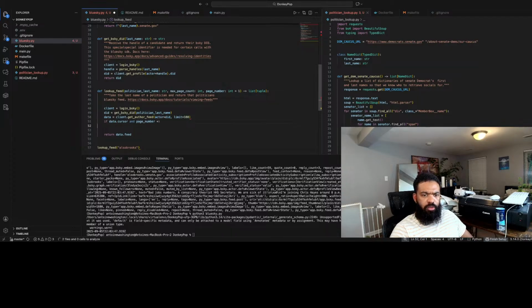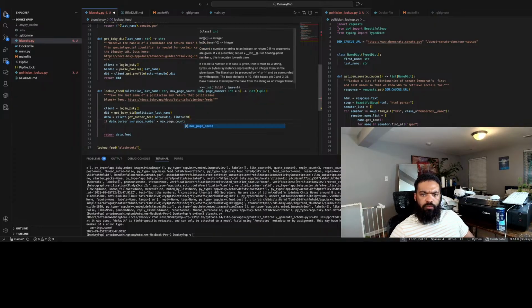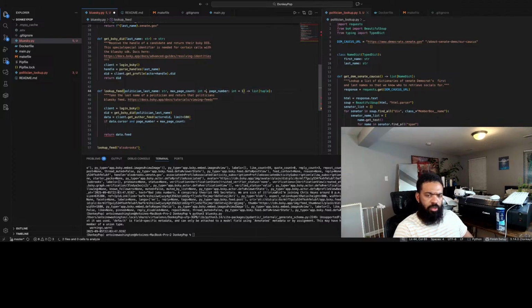And page number is less than max page count. I need to set this to a default. Let's go with, we'll get 1,000 posts, so that'll default to 1,000 posts back.